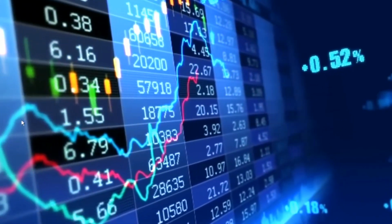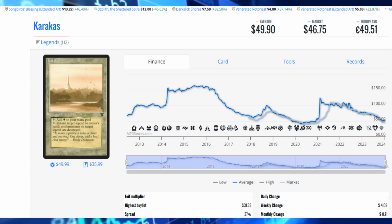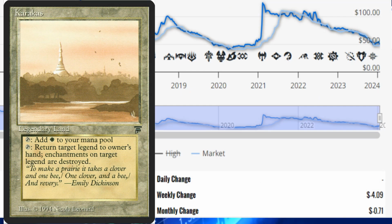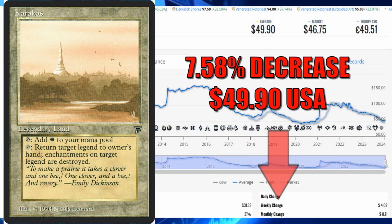Now, our next card also comes from Legends, surprisingly enough, but this one is not faring so well. This is Caracus from Legends. Of course, it's been errata'd, it's been changed over the years, but it's still an amazing piece of artwork. It's still an amazing iconic card to own, and even with all the reprints, it still has good value, but